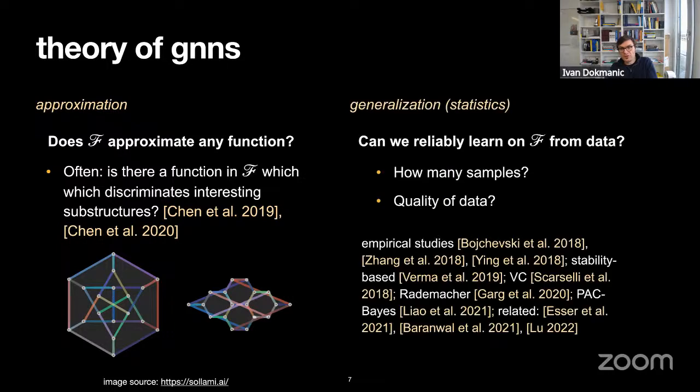I would rather be interested in statistical guarantees, or generalization. When we have some training data, meaning we have some graph and we see some number of labels on some nodes in this graph, I want to know what we can say about the best possible generalization to unseen labels. It will of course depend on how many labels we actually see, what the links in this graph mean, how good the data is, and so on. There have been a number of empirical studies on this problem, and also a number of studies that use big hammer tools from statistical learning theory.